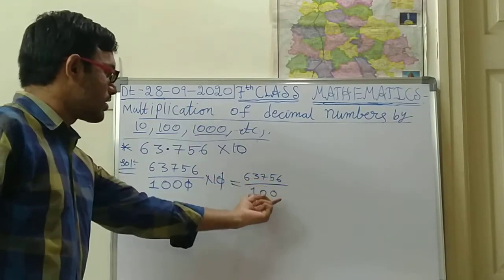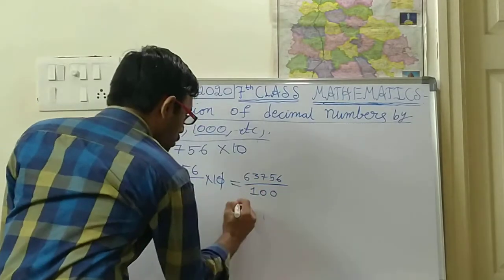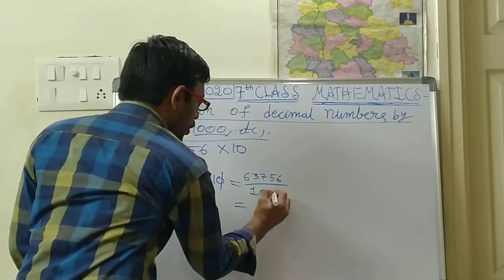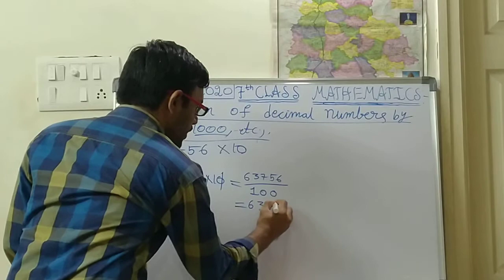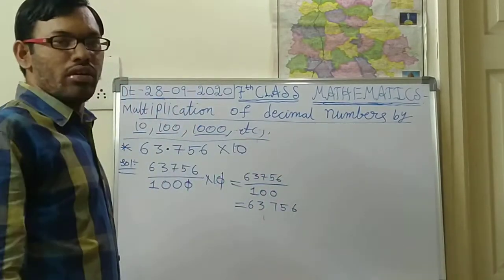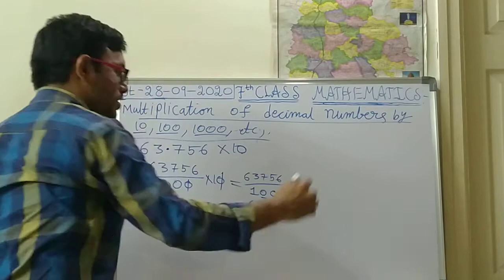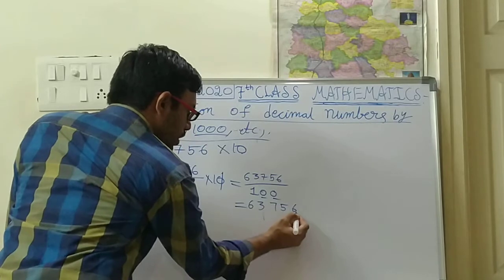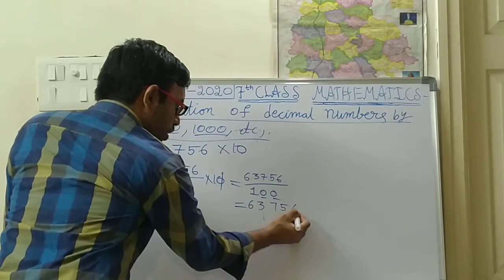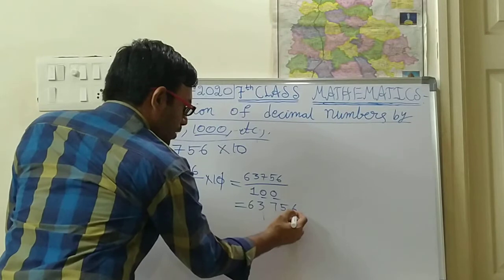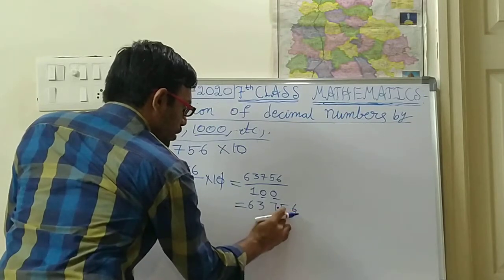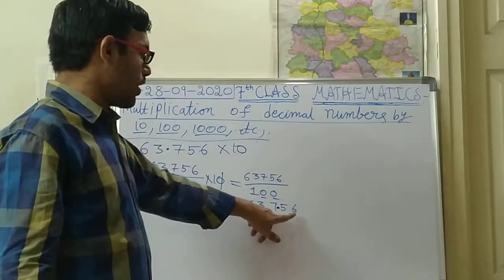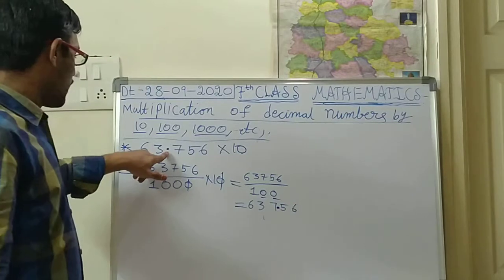So this one you are supposed to convert again into decimal number. So into decimal number, how you are supposed to convert? First 63756 write down. So in the denominator how many zeros are there? 2 zeros. So from the right side onwards you go with the 2 zeros. You move 2 steps backward. 6 5. After 5 you keep a decimal point. So this is the answer, 637.56.